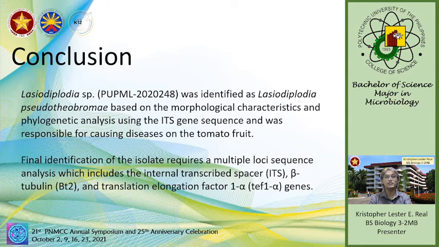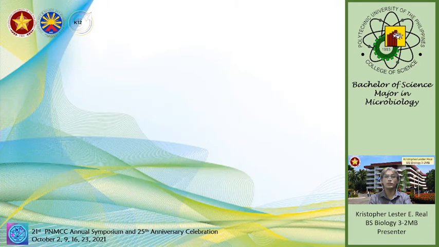analysis using the ITS gene sequence, and it was responsible for causing diseases on the tomato fruit. However, the phylogenetic tree from ITS gene sequence was insufficient for the identification of the species because of the low bootstrap values. Therefore, final identification of the isolate requires a multiple loci sequence analysis which includes the ITS, BT2, and